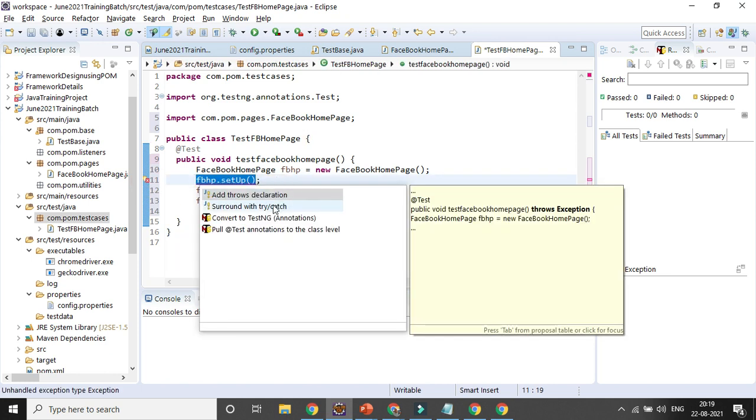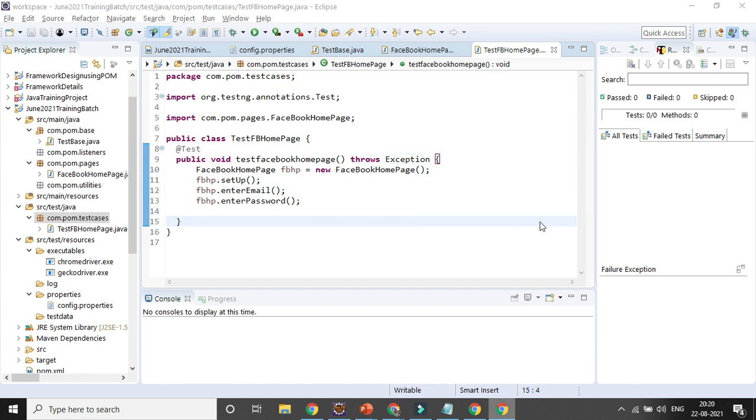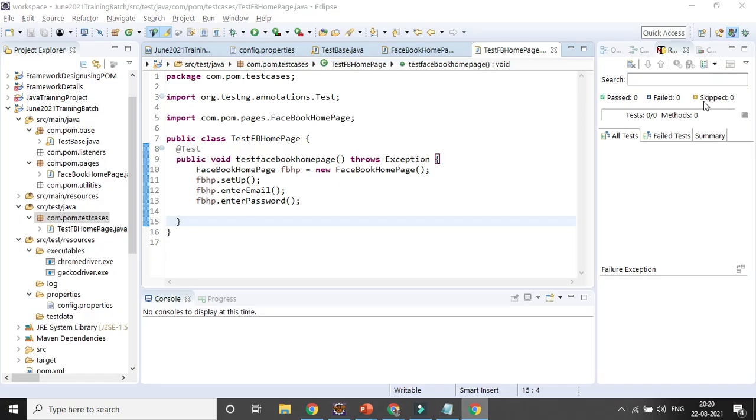We need to surround with some throws declaration. That's fine. Exception. Let's save it and let's try to run it and let's see whether it's running properly or not. Okay, let's try to run it now.